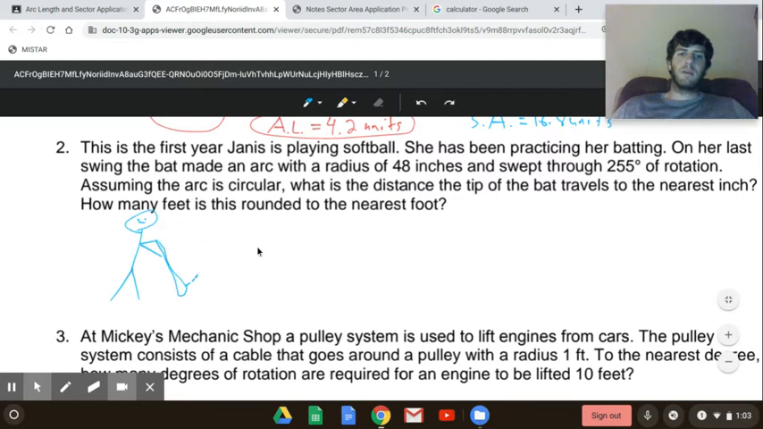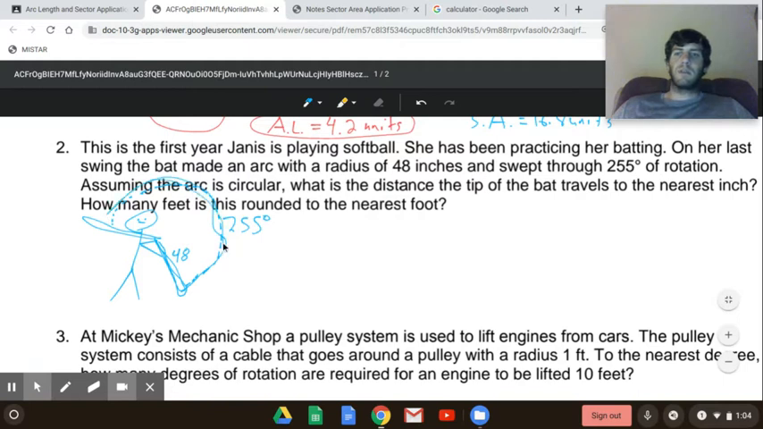Let me try to draw a bigger swing rotation. Let's say she swings it all the way around here, and then it's over her shoulder the other way. So that swing arc is 225 degrees. The bat itself is 48 inches, so that's your radius, and she swung it 225 degrees around. Assuming the arc is circular, what is the distance the tip of the bat travels to the nearest inch? So we're looking for the arc length of this